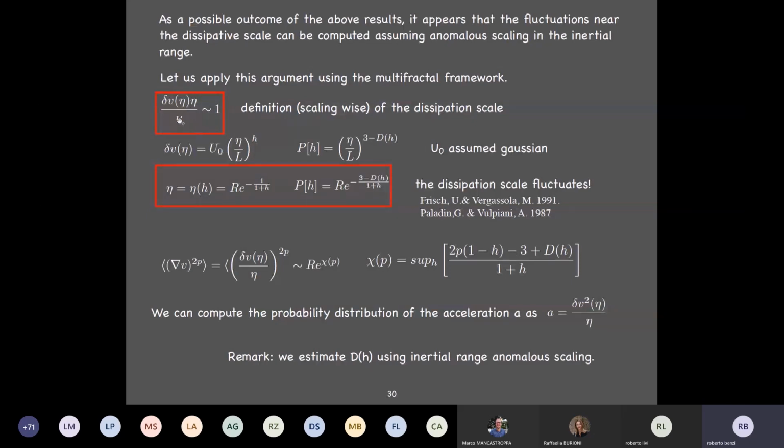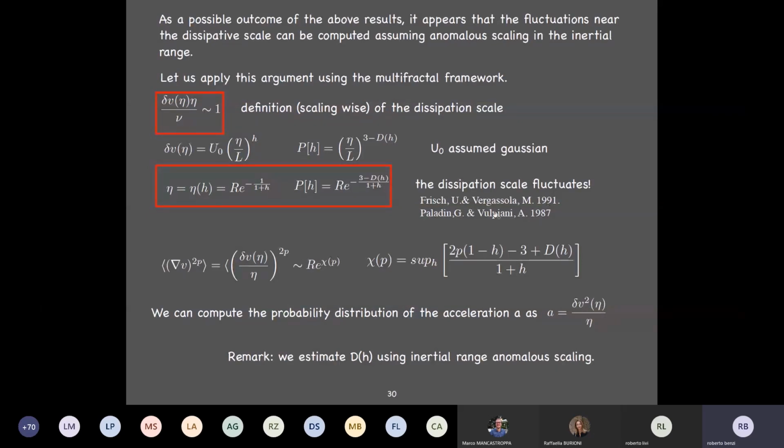This is just the Kolmogorov theory, but now, because the fluctuations of the velocity depend on this h, and we know how the h is fluctuating in the inertial range at least, then we can compute how the viscous dissipation acts in the system as a function of the Reynolds number. So the first result you observe from this, which was put forward first by Paladin and Vulpiani, and then by